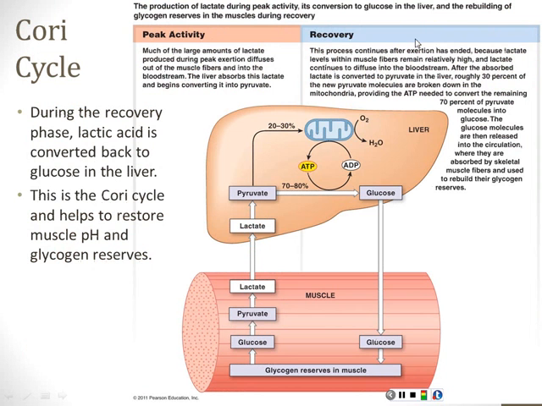Now, after there has been a period of anaerobic activity, the body's lactic acid is also elevated. So in order to bring that level back down, we have a system called the Cori cycle. In the liver, lactate, or lactic acid, is built back into glucose. That glucose is released and then restored in the muscle again as glycogen. So the skeletal muscle liver cycle that gets rid of that lactic acid in exchange for glucose, we call that the Cori cycle. And it's an important aspect of